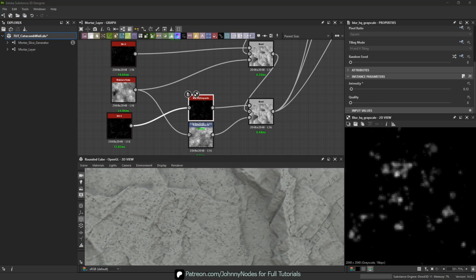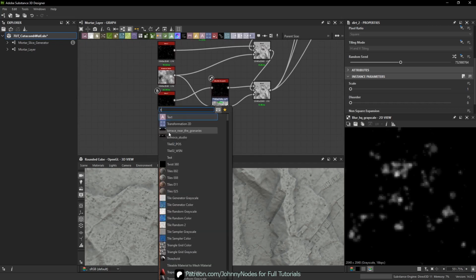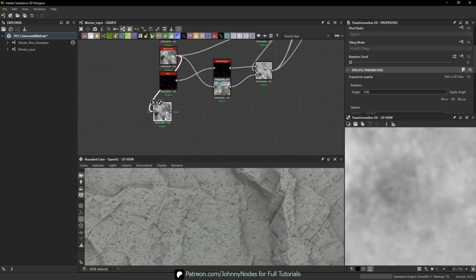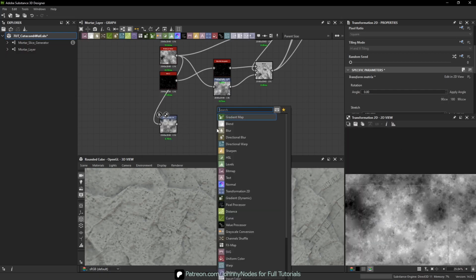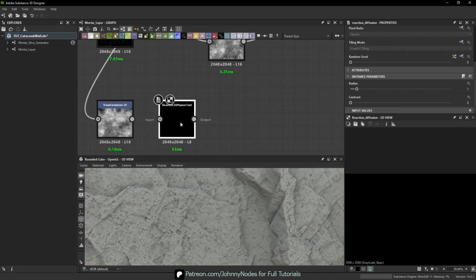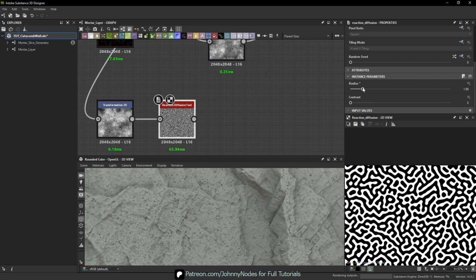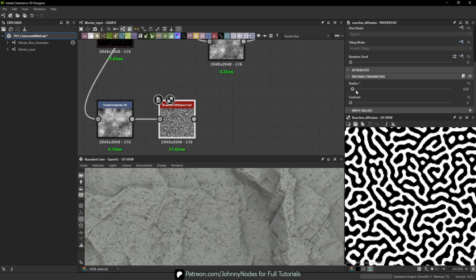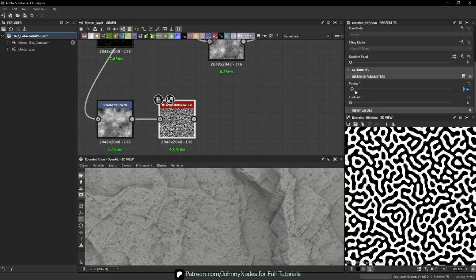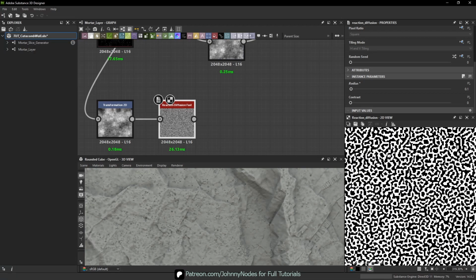Cool. And now what I want to do is get some really, really fine noise. There's a lot of ways you could do this. One that I like is to actually use something that already is fairly noisy, but I want a really uniform noise. So something that's really cool here is to use something like a reaction diffusion. This is going to create these really tiny little shapes, especially if we go really low radius. We can create this hyper fine noise,